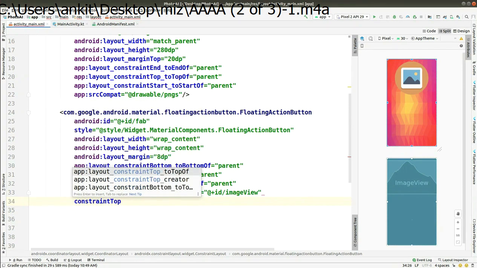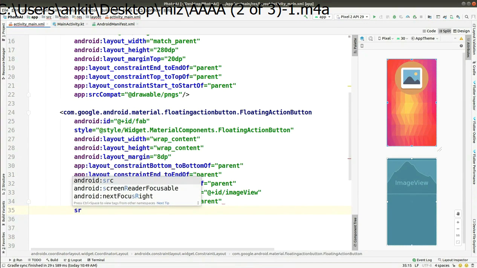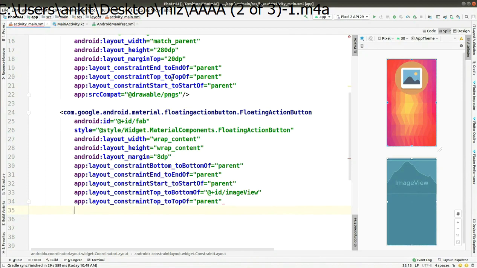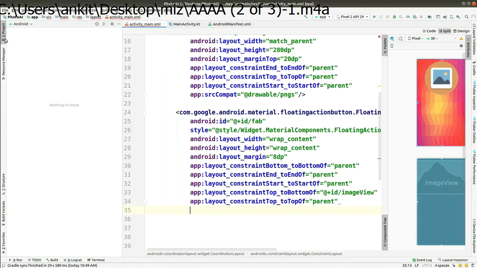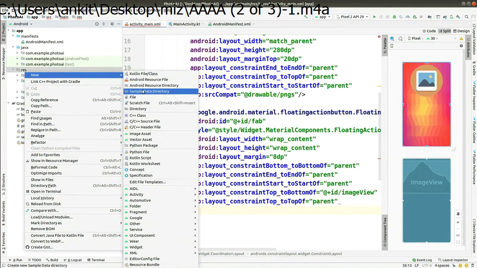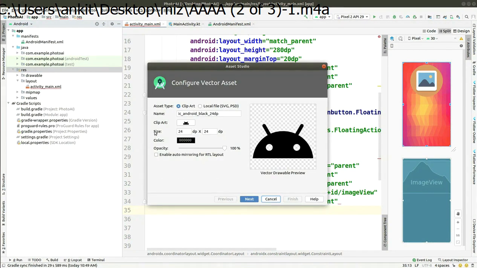After that you will be able to see that floating action button on the right side of your screen. So here I am adding that src. For generating that src, you have to take it as a vector. So come into vector assets and click on that clip art, the Android-looking icon.